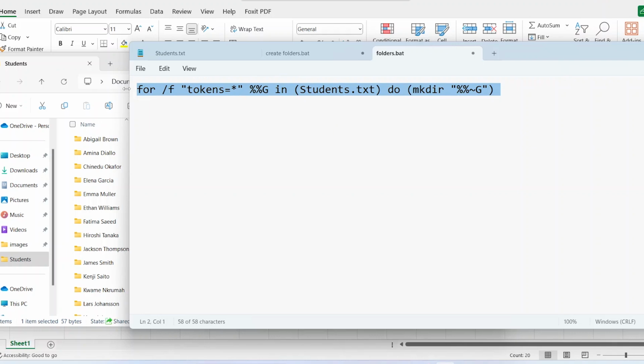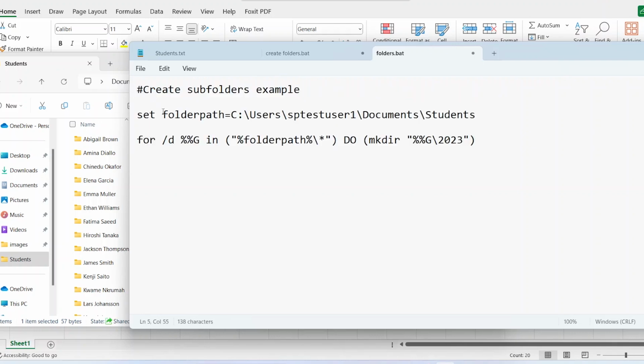So let's edit our folders.bat file with these commands. In this case, we are specifying the folder path where we are creating the subfolders, and then we are using the option or flag to traverse the directory and read each directory instead of the strings in your file. We are going to make a subdirectory called 2023 in each directory that is found in this current working directory. So I'm going to save